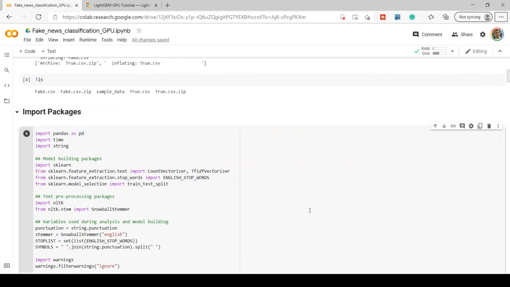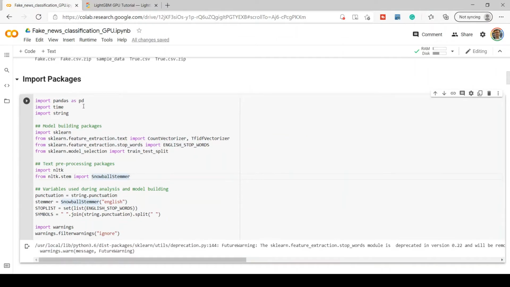Once we have the dataset, we will progress to the next set of activities where we will be importing all the required packages, and then we'll prepare the dataset for my model training. So here I will be simply importing all the required packages. I have imported some packages from scikit-learn, and I will be using NLTK for feature engineering and for some data pre-processing steps. Okay, I will simply run this cell.